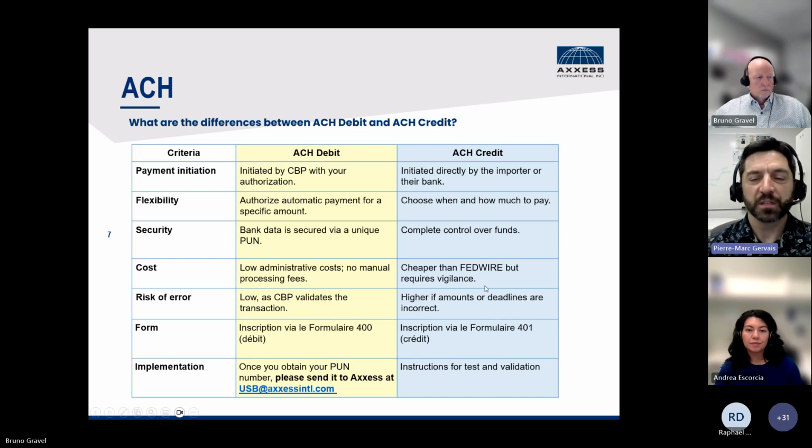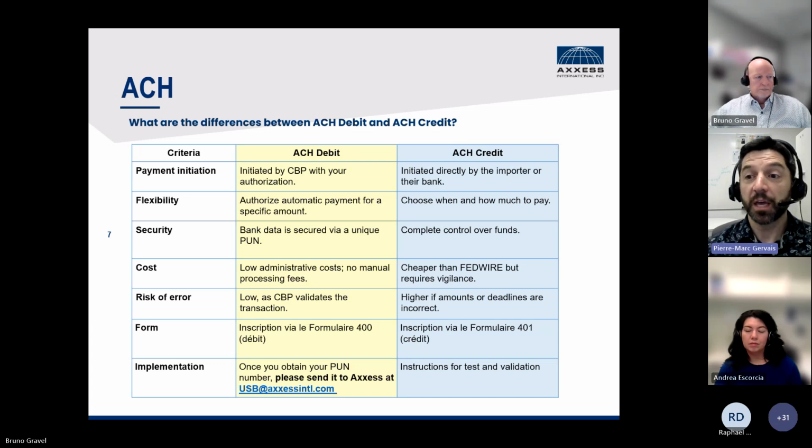The biggest difference, and why we prefer the ACH debit, is regarding the risk of error. With ACH debit, the risk of error is much lower because the CBP will validate the transaction, meaning that they will withdraw from your bank account directly the precise amount at the correct time when you have to pay. So you don't have to worry